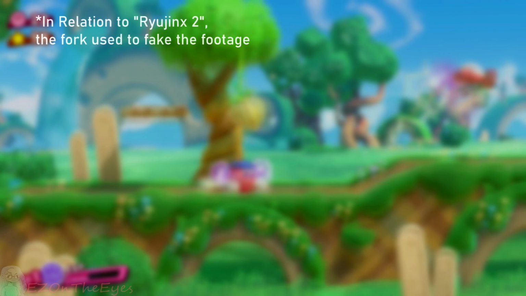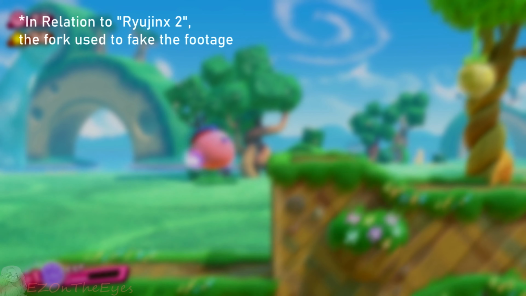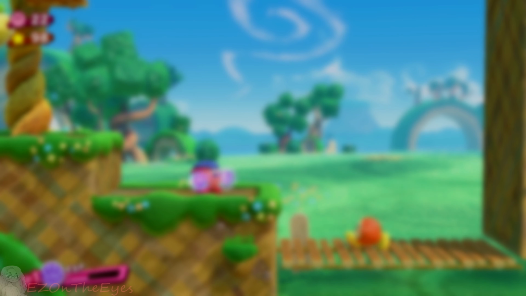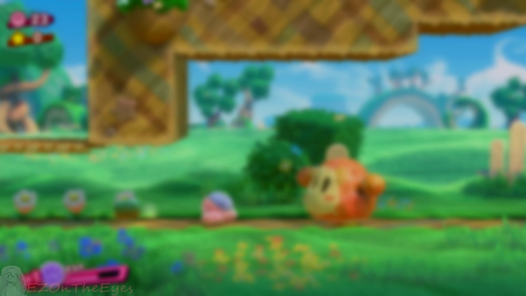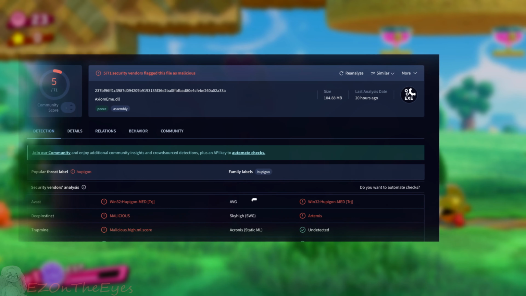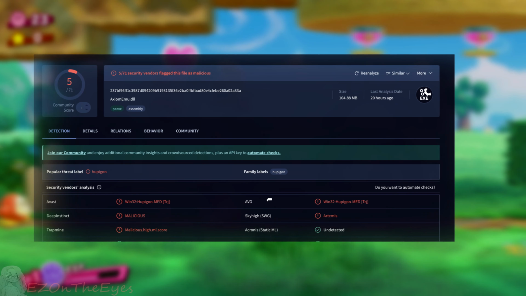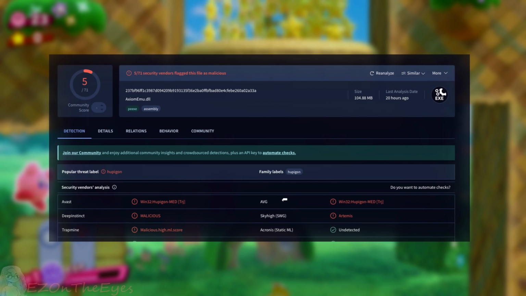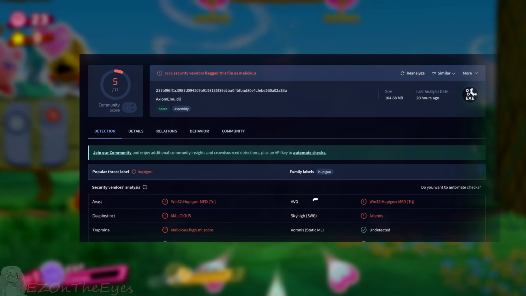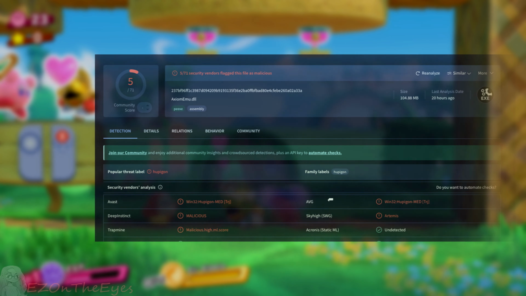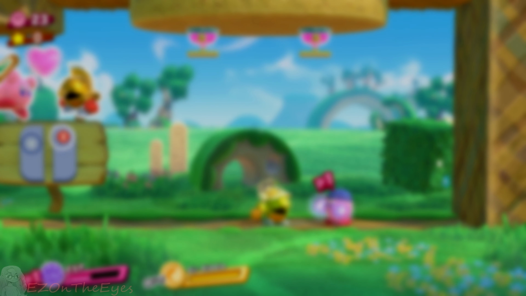In order to initialize and spoof the Ryujinx processes, the program will trick Ryujinx services into appearing and initializing Splatoon 2. So, the point of the executable itself is to inject a backdoor into your PC and put the user at risk. It should be reiterated, these are not false flags, as it appears with the same flags across numerous security vendors. Normally if there's a false flag, it may be 1 or 2 flags across the board. However, in this instance, regular Ryujinx has 0 false flags, while this modified fork sets off 5 flags.